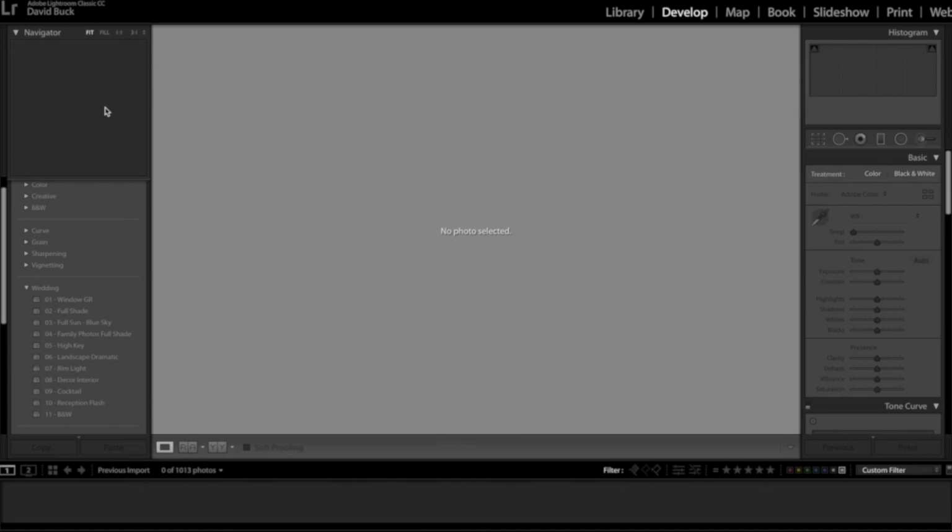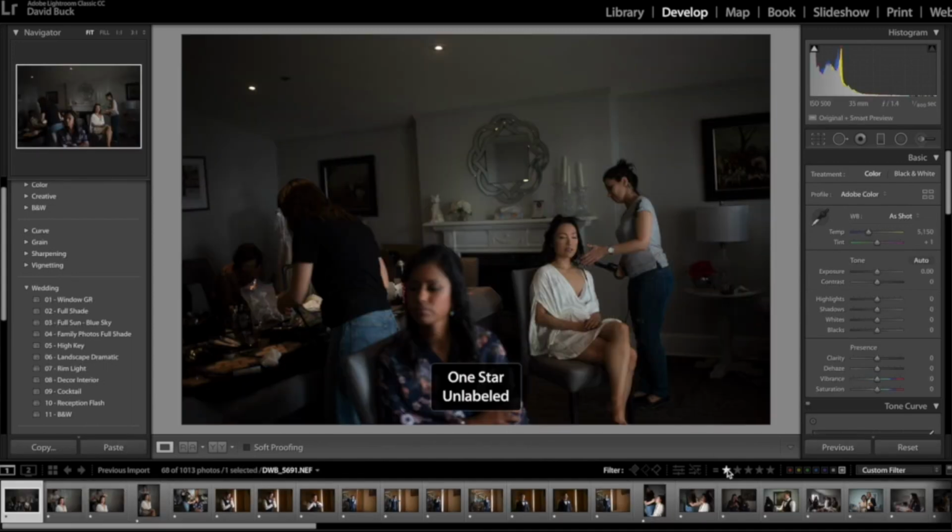All right, now we get into the heavy lifting of our actual editing work, our actual photo development work. Because we've sorted them all now into their respective tones, we're now going to go through each of the tones and build presets for that specific tone. So if I now go into my star ratings and select first star, which is window light,